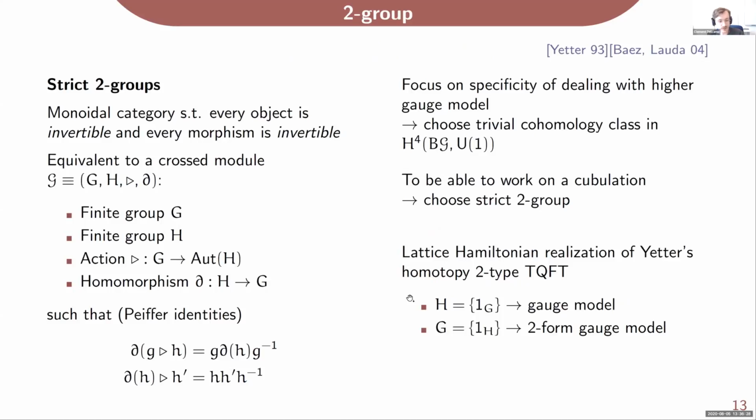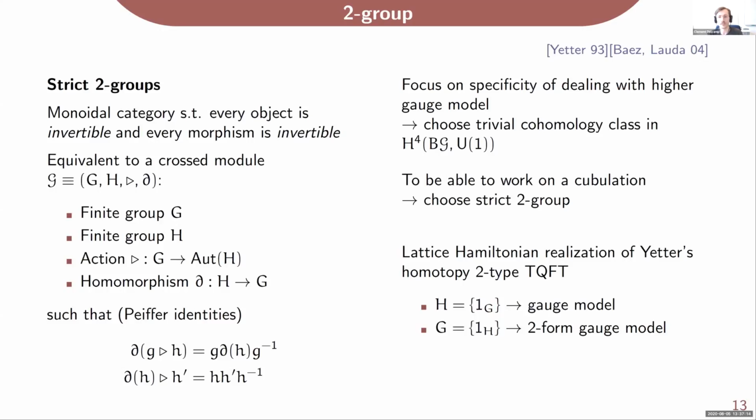Now, today, since I want to focus on the specificity of dealing with a higher gauge model and try to remove some of the technicalities, first of all, I will consider a trivial topological action. So I will not pick a non-trivial cohomology class. And also, as mentioned before, I would like to work on the cubulation to make it visually nicer, let's say, which in that case forces me to work with a strict two group. If I wanted to deal with a weak two group, because of the cohomology class, we would need to work on the triangulation, and it would make things a bit more obscure. So the model we get in that case,